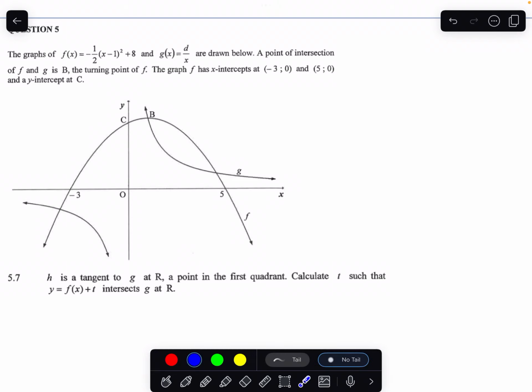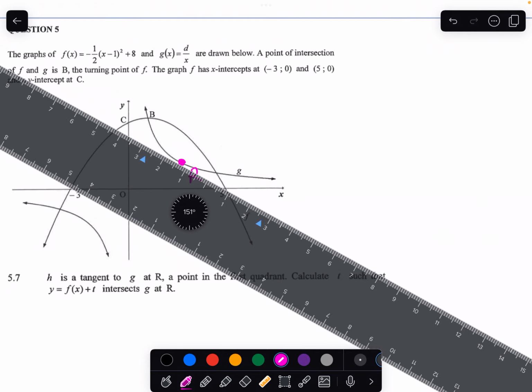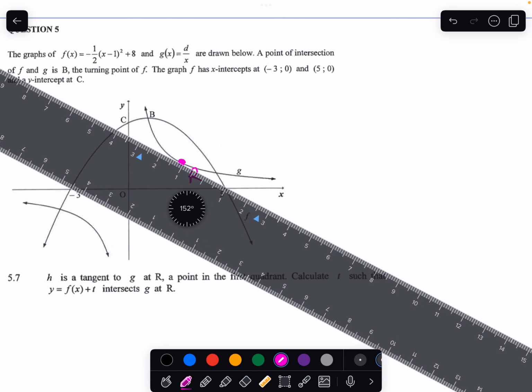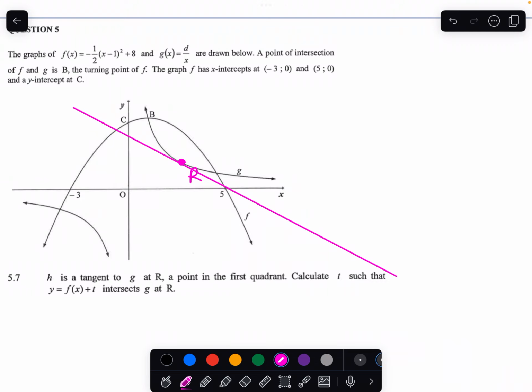H is a tangent to G at R, a point in the first quadrant, some point. So let's just choose a random point. We choose this guy to be our R. So then the tangent would look maybe something like that. Right? Then